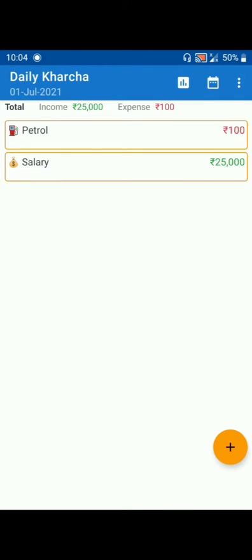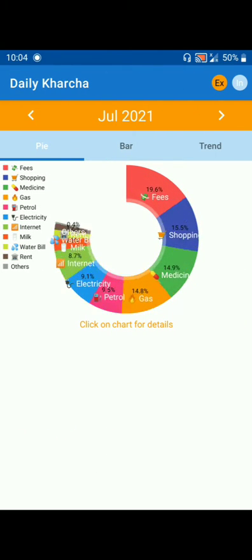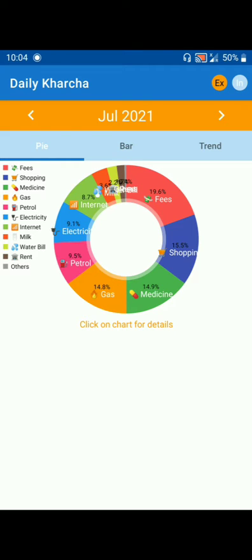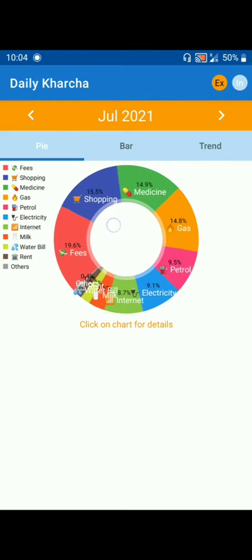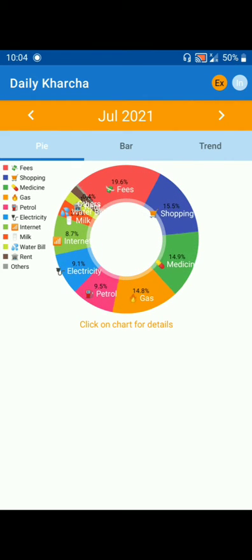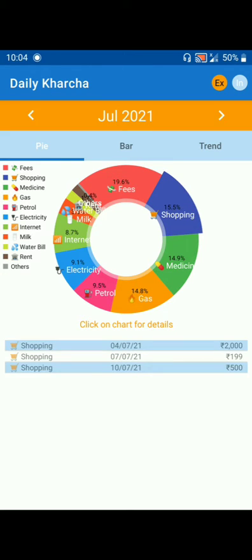The app provides a very good feature of showing data in a graphical format. This way, it becomes very easy to analyze the data and make decisions. To see graphs, click on the graph icon at the top. As you can see, there are 3 graphs available. The pie chart shows the percentage-wise distribution of categories for the selected month. Click on the category of your choice and you will be able to see the data below.